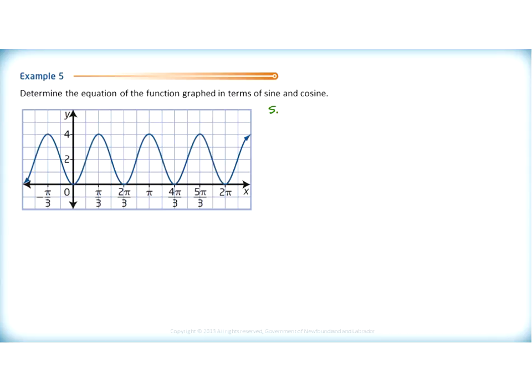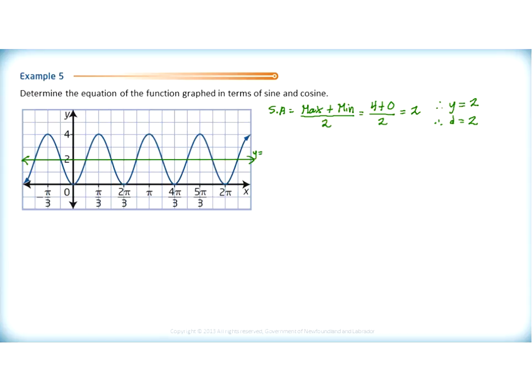The equation of the sinusoidal axis equals the maximum value plus the minimum value divided by 2. The maximum value of your function occurs here when y is equal to 4. Your minimum value occurs when y is 0, divided by 2. 4 over 2 is just 2. So your sinusoidal axis will pass through y equals 2, and the parameter d is equal to 2. So let me just draw in the equation, or the horizontal line that passes through the center of your graph,